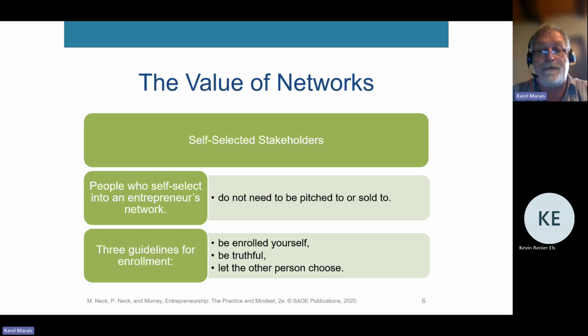The danger of these people is that you must realize that there's a couple of guidelines you have to follow. If you are not enrolled in your network yourself, right? In other words, you're committed to your network, you're trying to help people in your network, you're sharing information with people in your network. If you're not truthful to the people within your network, and if you don't let other people choose the way,